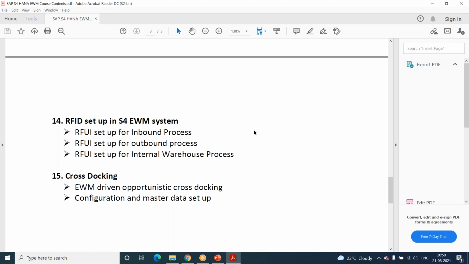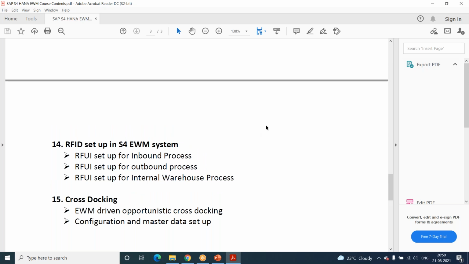So all this is going to take 35 hours, and you can say 2 to 3 hours more, depending upon your participation. What about the integration with other modules? This is for HANA EWM, the way the business process flows, right? To the EWM S4HANA. So what are the integrations? Are you covering those topics too?